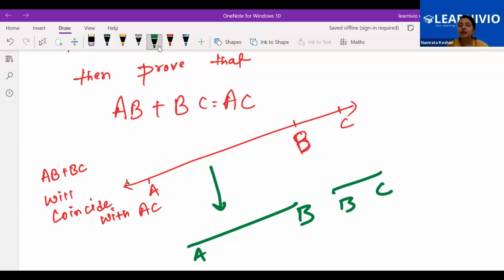Yes, ma'am. Right? So this axiom will help us to prove that when we take AB separately, BC separately, and add both of them, it is going to completely cover our straight line AC. That means it is going to coincide with AC. And hence, things which coincide with each other are equal to each other. Hence, AB plus BC is equal to AC, axiom. We will be writing the proper reason we are giving, and then we say that hence proof is done.